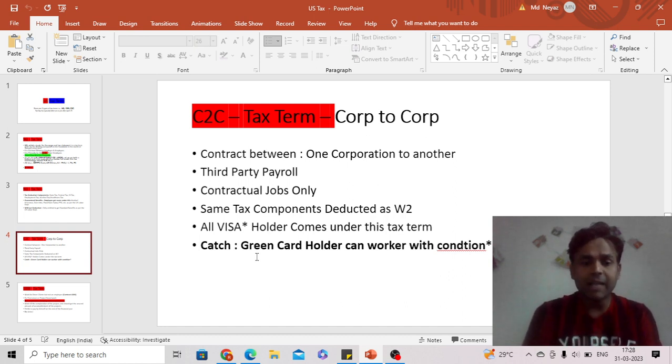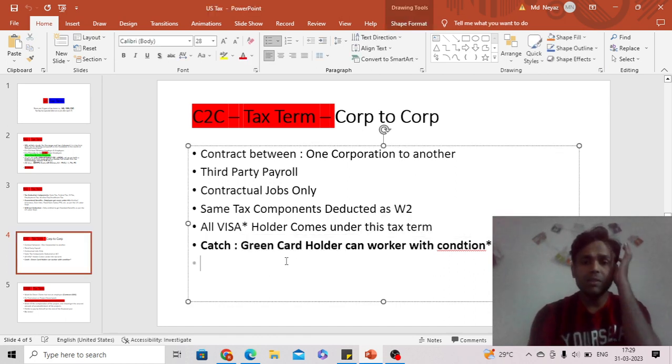But still there is a catch if any green card holder wants to work under this C2C. Green card holders and US citizens do not need any sponsorship. They can directly apply to any company, because he is a green card holder, or a citizen of India 90%. So they can directly apply. But if he still wants to work under this C2C terminology,